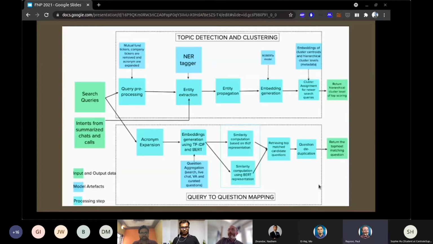In the second part, we expand the acronyms present in search queries and extract their embeddings using sentence BERT. We also extract their TF-IDF values. We do the same for the question bank we have. Finally, we match these two based on cosine similarities.